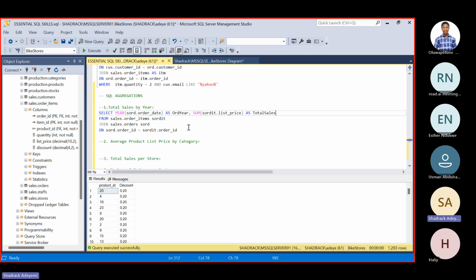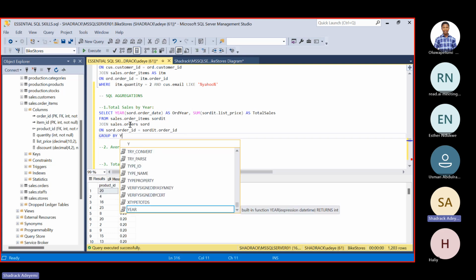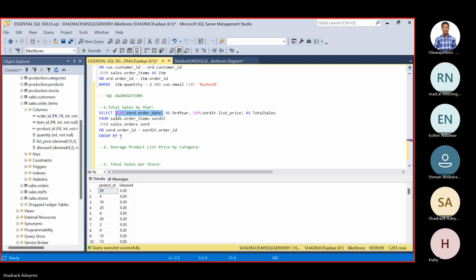All right. So now, if you look through this very quickly, you see that we have called an aggregate function that is trying to help us sum up the prices, and we're trying to aggregate them by the year. Now, after all of this, we have to call the group by function, because if you remember in the slides, we mentioned that a group by function has to be placed there. So that's going to be specifying what you are grouping your information by. So I'm going to be grouping by this, grouping by year.